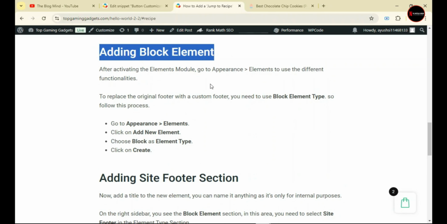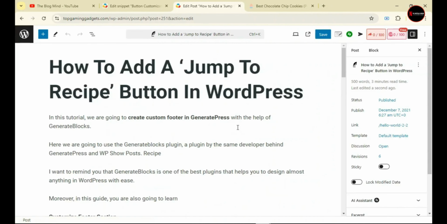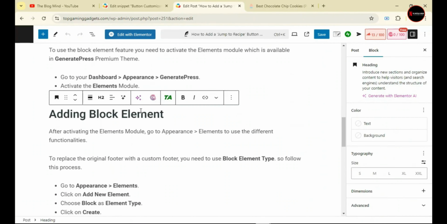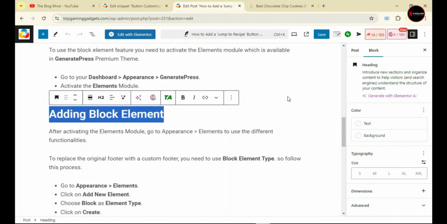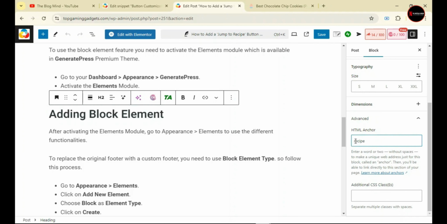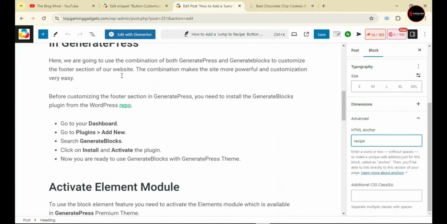I hope you got it well. Not just for recipe, if you want to move to any other section too, you will have to follow the same process. This method lets you add a jump to recipe button without any paid plugin, saving your money and improving the experience on your blog. If you know CSS, you can further customize the button position or style as per your theme. For reference, I'm currently using the Cadence theme. Any user coming to your blog who wants to see your recipe can just click jump to recipe and directly view it. This is exactly how you can create a jump to recipe button on your blog post.